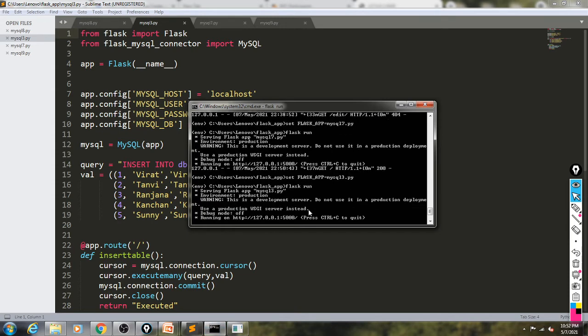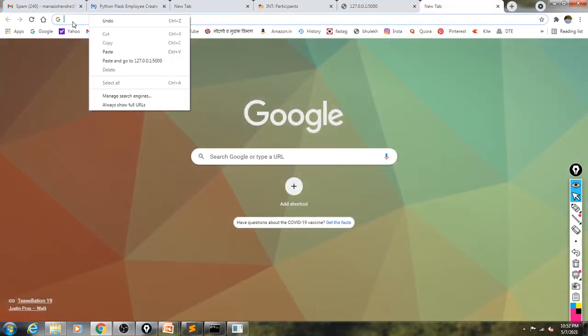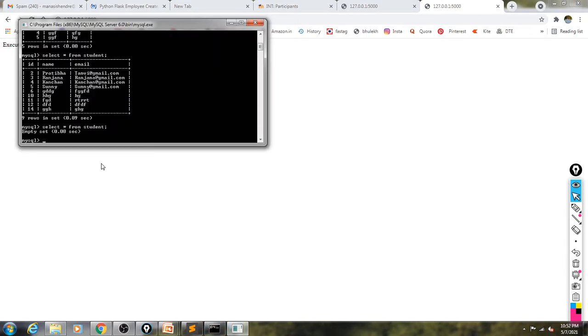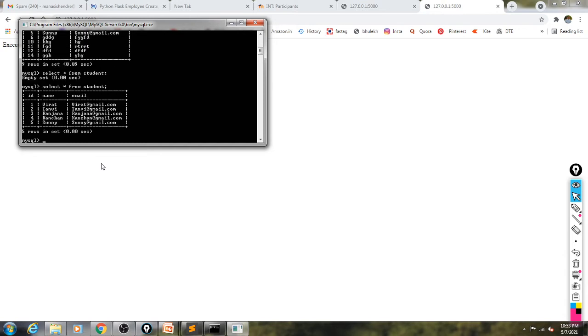So again we get here one URL. Execute this URL in the browser. So here we get message executed. That means some records are added in the MySQL table. So let us see whether the records are added or not. Select star from student. Yes, it is. So 5 records are added to the table student.